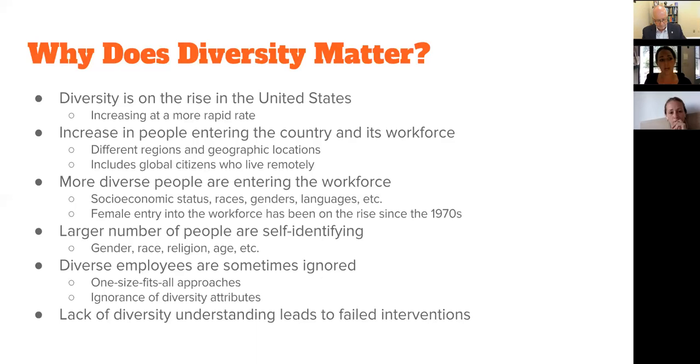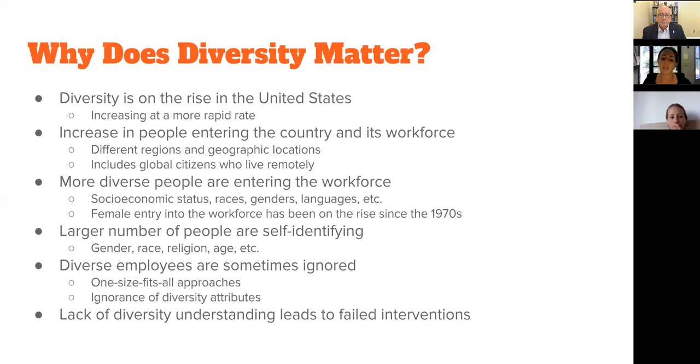We tend to use a lot of one-size-fits-all approaches with training. We go in, we deliver the training, we deliver some sort of assessment and survey, and we move on. And that's not always been effective for diverse organizations. For things such as language barriers, sometimes lack of understanding with different context and different language uses, as well as an ignorance of diversity attributes, which penetrates below what you see on the surface and can include things like eye contact, willingness to take credit for different accomplishments, which we really see in organization areas when we're looking at competency-based